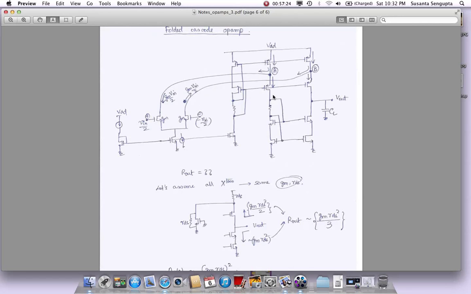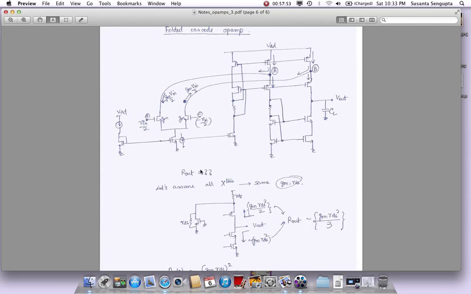right? This device was carrying it up and going away. So if this was carrying up, that means this current mirror was also carrying it up, right? So we have one current that's coming into the output node from top to bottom, the other current coming into the output node from bottom to top. They both combine here, and finally at the output we will see an extremely high impedance, which is of cascoding,